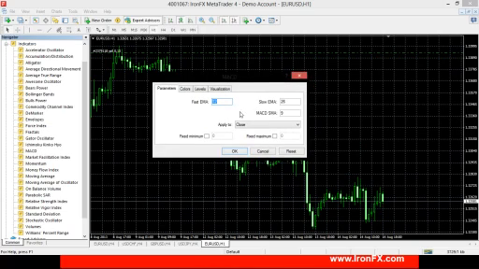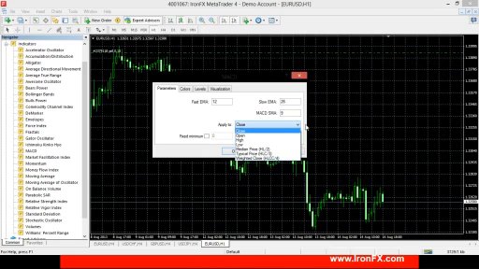Now, the MACD uses these standard numbers, standard periods. The fast exponential moving average is the 12. The slow exponential moving average is the 26. It's going to plot the difference between the two, and it's going to plot a signal line, which is going to be a simple moving average with a period of 9. And as I told you before, there's the possibility to use the calculation on the close, open, high, low,